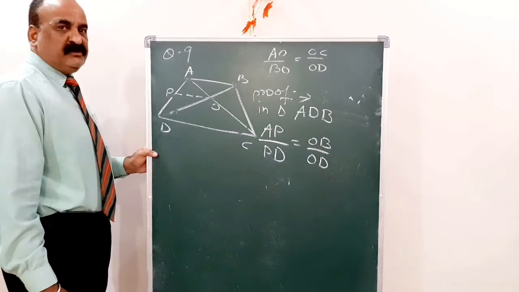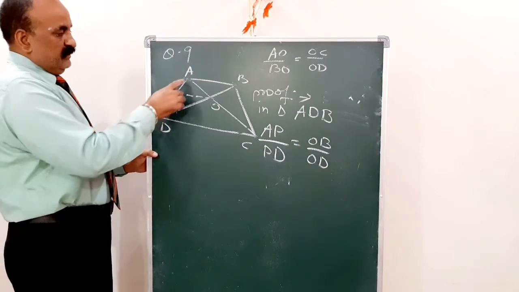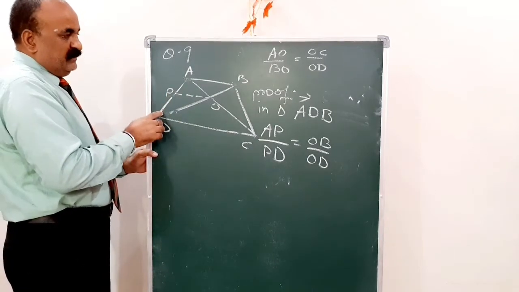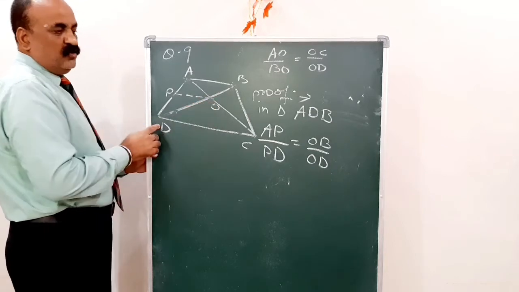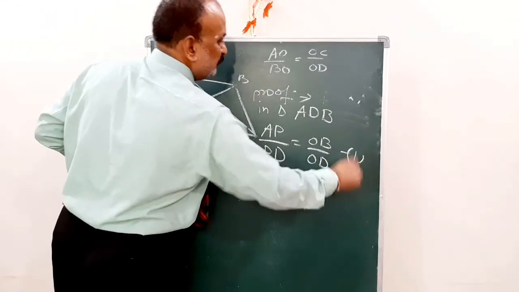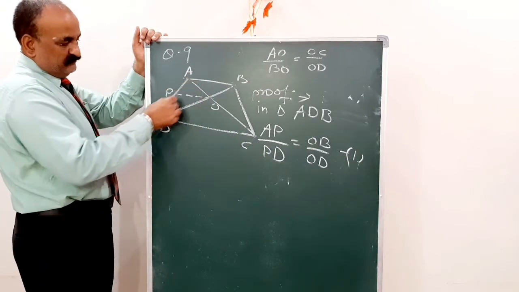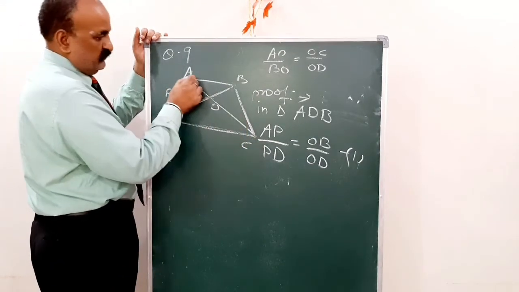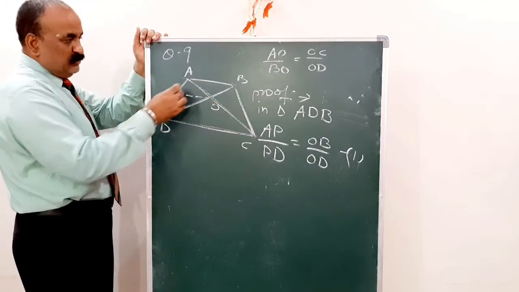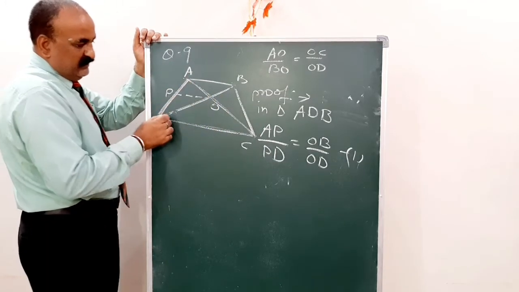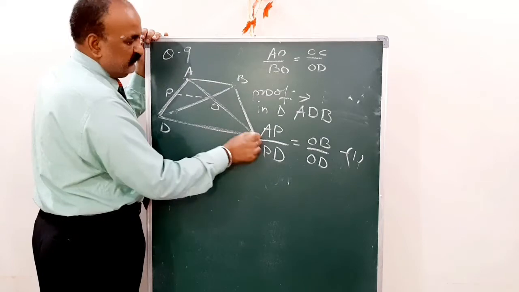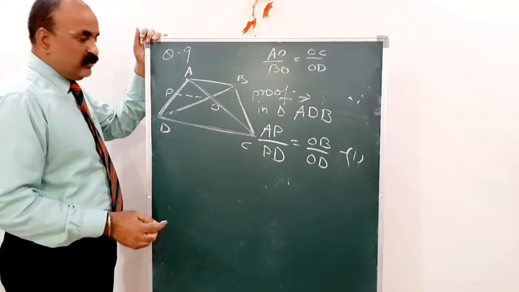By the basic proportionality theorem, you can tell AP upon PD is equal to OB upon OD. This is the first condition. And in the second condition, again I am telling you, in this triangle ADC, again by the BPT theorem,